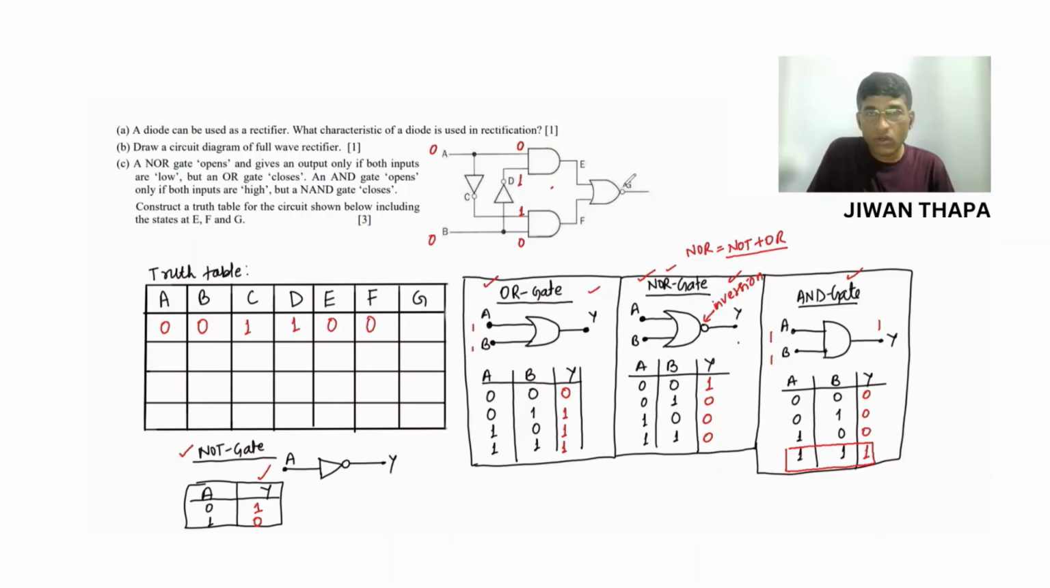Now we have the NOR gate. So what are we getting? We are getting 0 and 0, and for 0 0 we get 1. So we are asked to state E, F, and G. What are we getting? E is 0, F is 0, and G is 1 for A 0, B 0. Next,